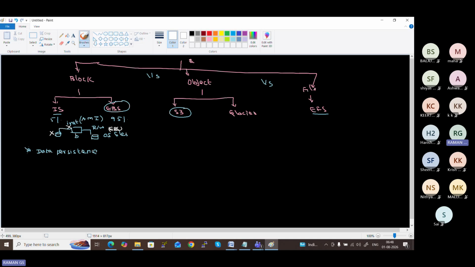Later you can create another instance, associate the EBS volume with that instance, and read or write. So this is the major difference between the instance store and Elastic Block Store. So we will be focusing on EBS. The second type of storage here, the mapping is also one-to-one mapping and one-to-many mapping.